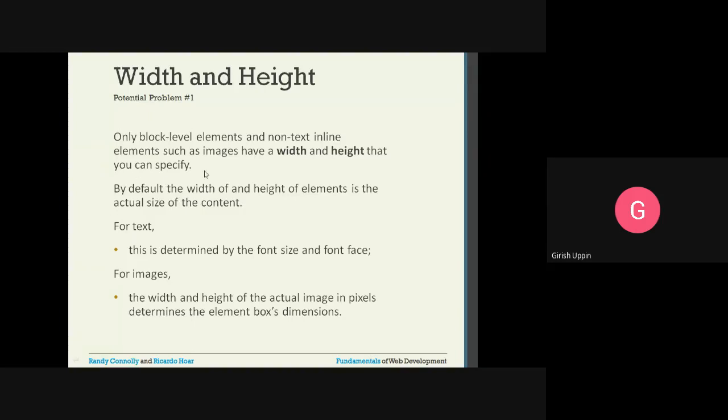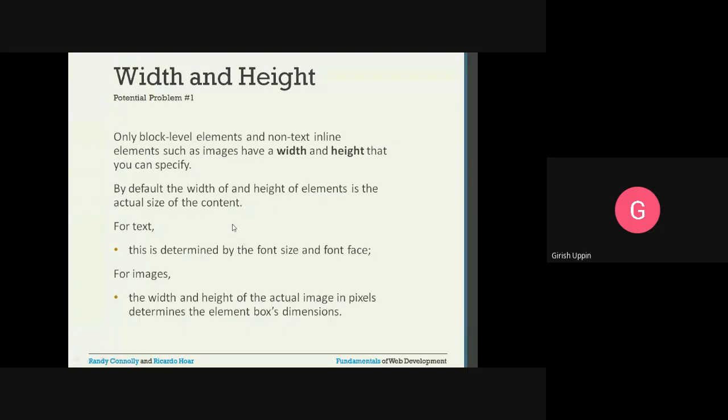Only block level elements and non-text inline elements such as images have a width and height that you can specify. So there are block level elements and non-text inline elements such as images, for which you can specify what is the width and what is the height.